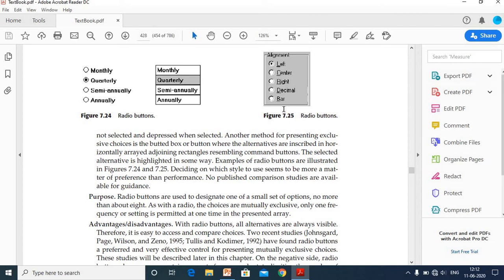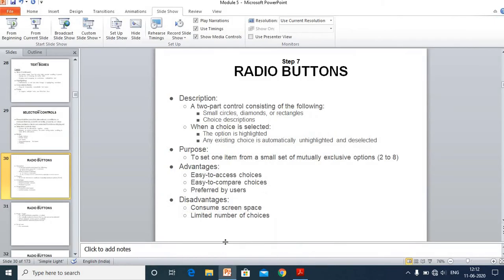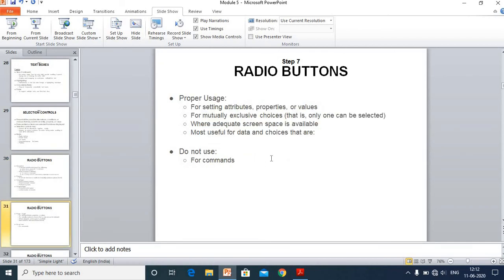We studied hierarchical menu structure and all these things, right? So here also we can have only a limited number of choice descriptions, that is limited number of choices. So these are the disadvantages. Obviously, if I want to have radio buttons on my screen, they use some screen space also.